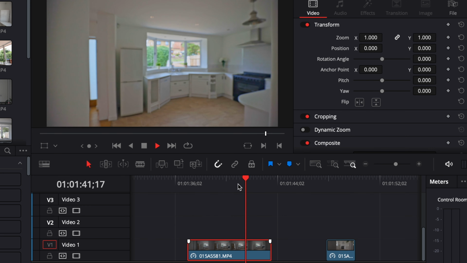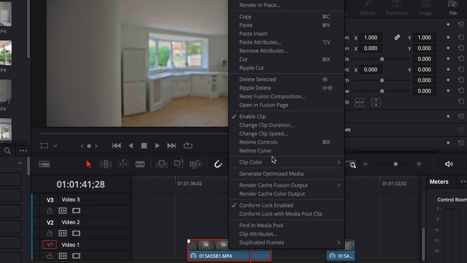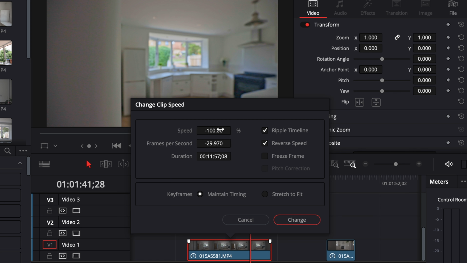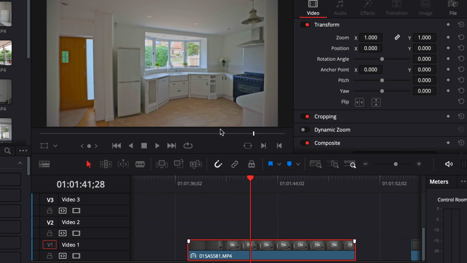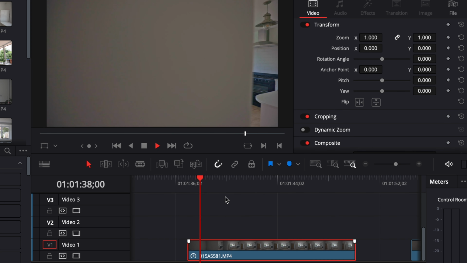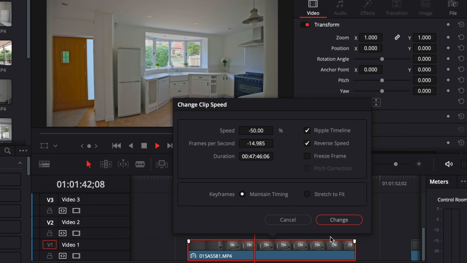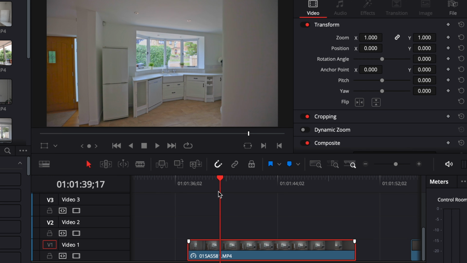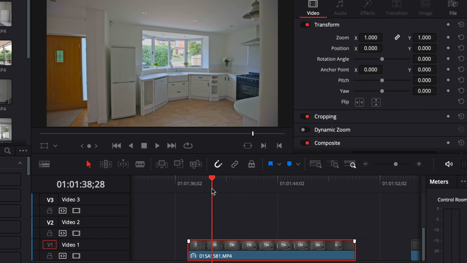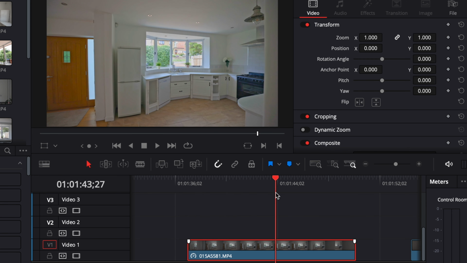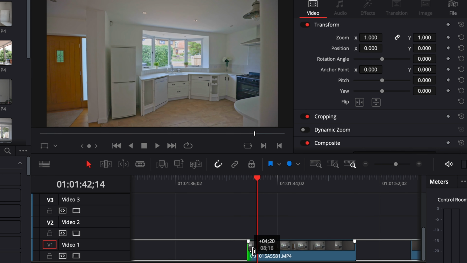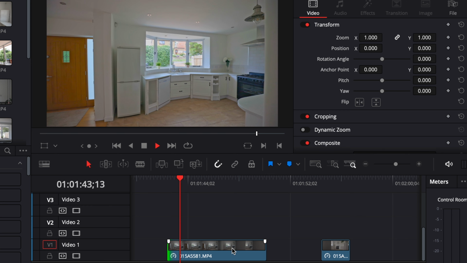So what you do, once you've done that, like I mentioned earlier, if you're shooting in 60 frames per second, you slow it down so it's in slow motion. So you do that. So here we go, we've got the clip in slow motion. Now what I like to do, I'll probably want to start the clip here, and then that's when I cut that down, and then you find the spot